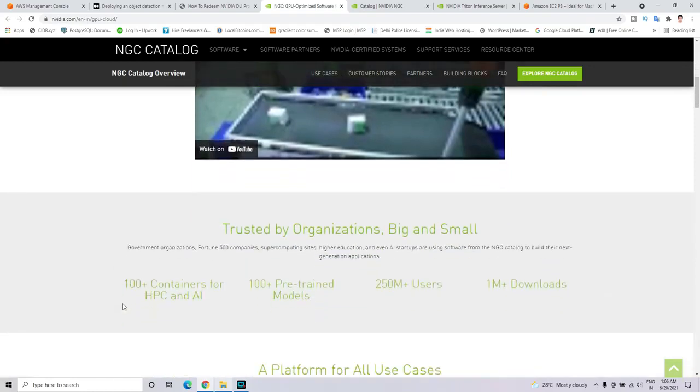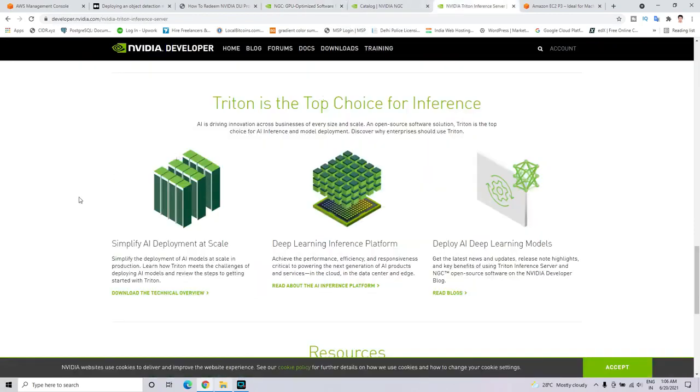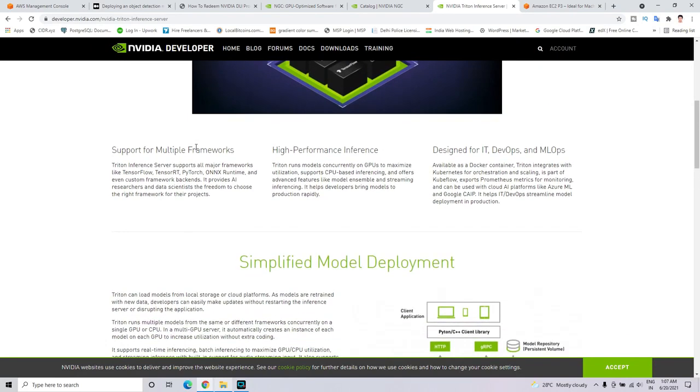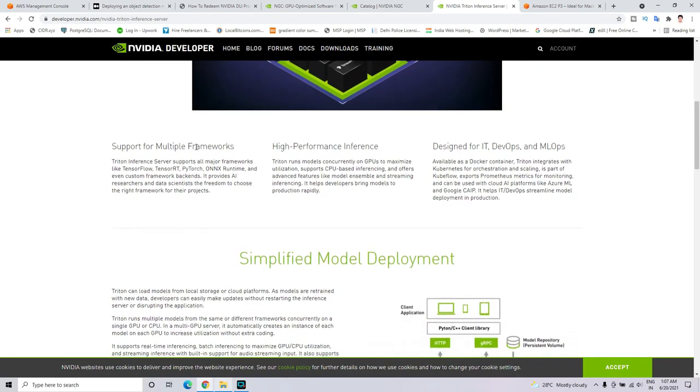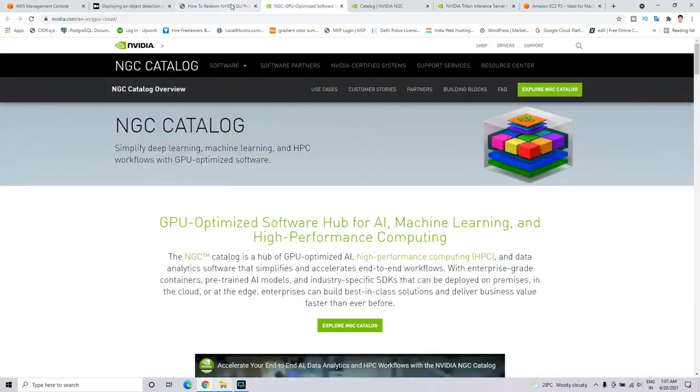So we are primarily using one of the NGC catalog offerings, the NVIDIA Triton Server, in our project of deploying an object detection model using NVIDIA Triton Inference Server. NVIDIA Triton Inference Server lets a team deploy trained AI models from any framework, like NVIDIA TensorRT, PyTorch, and many more, in cloud storage or a cloud platform or on any GPU. This project,